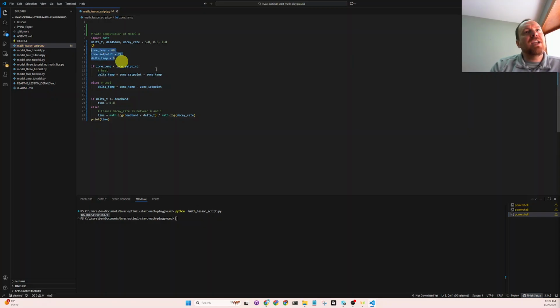even separate decay rates for heating and cooling applications, because recovering a zone for heat or for cooling will be different loads. So the amount of energy you have to put into the building to remove the heat for cooling or put the heat back in for heating will be different rates in like kW per hour or BTU per hour. So we could just say